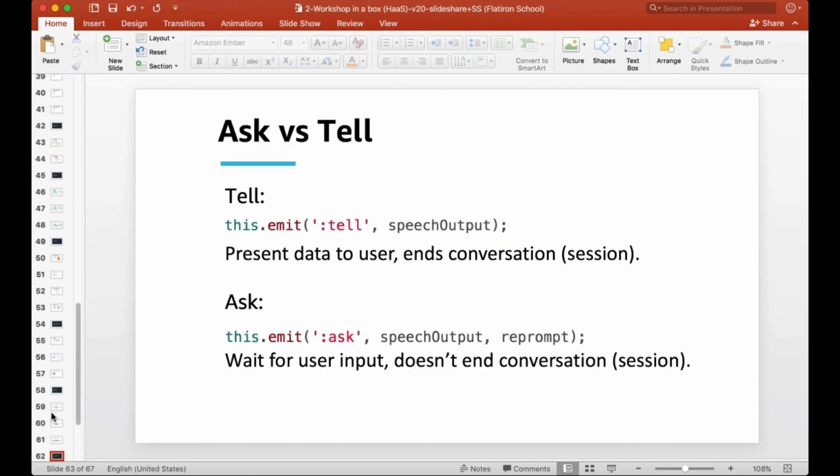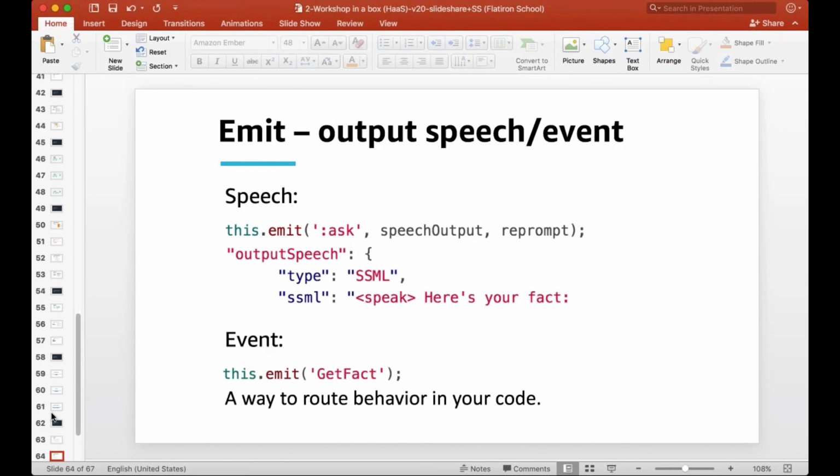And then quickly, the SDK gives you some built-in ways, so you don't have to do everything from scratch. If you want Alexa to respond back with something and then end the session, you will say this.emit and then tell, and then the text that you want her to speak back. And if you want to keep the conversation open, you would use ask. Both of these can be used with the card option as well. Instead of just tell, you can say tell with card, and it'll send off a card response as well. You can do the same with ask. Instead of just ask, you can say ask with card, and it'll send off a card response along with the audio response.